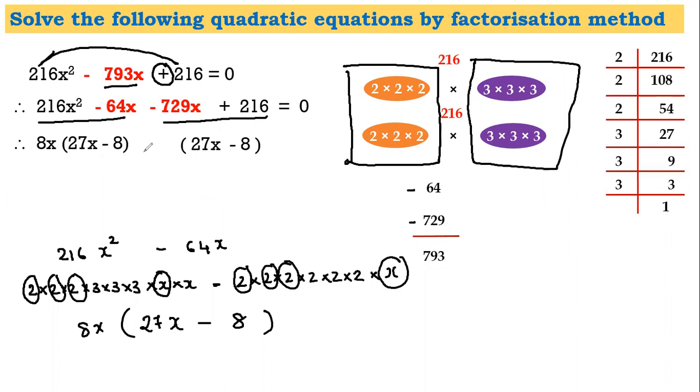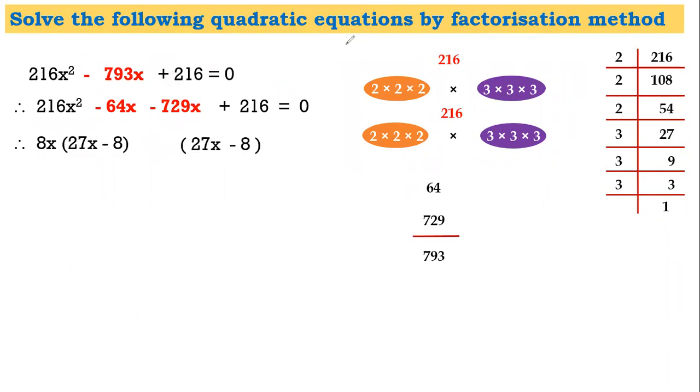Now let us understand what will come here. I have 27 here and I have minus 729 here. If it is minus here, it is going to be minus here definitely. Now this is 27, this is 729. 27 into what is 729? 27 into 27 is 729. So this will be common. You can check minus 27 into minus 8 will be 216. So this is one of the beautiful ways and great ways of finding the answer very quickly. You can use them if you are smart enough for that. So minus 27 is common, equal to 0.